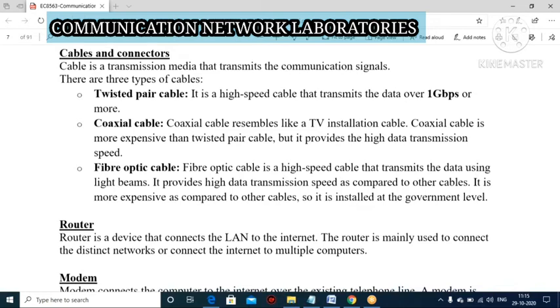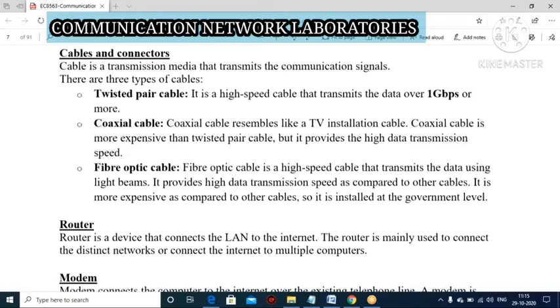Its transmission speed is over 1 gigabit per second, or even more. Second one is coaxial cable. It is more or less similar to your TV installation cable, right? Coaxial cable is more expensive than twisted pair cable, but anyhow it provides a higher data transmission speed when compared to twisted pair.